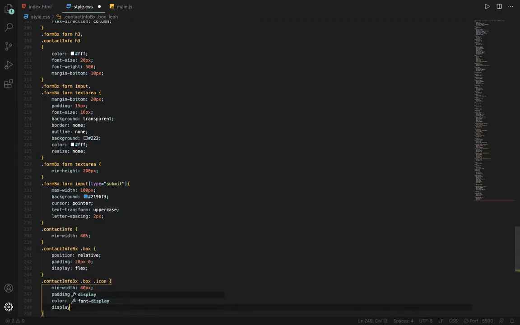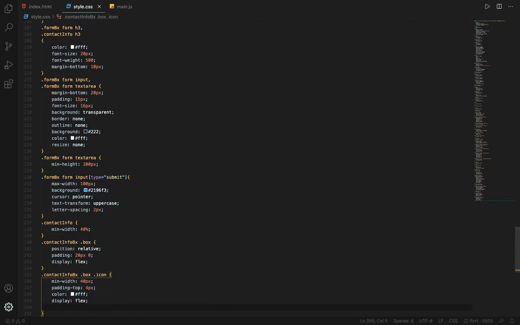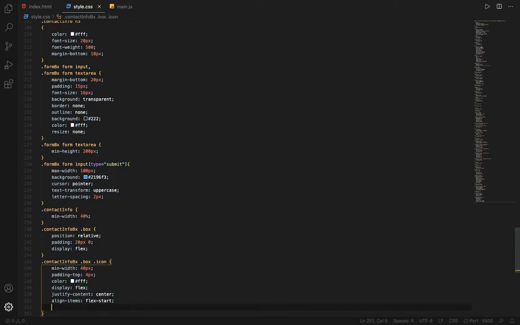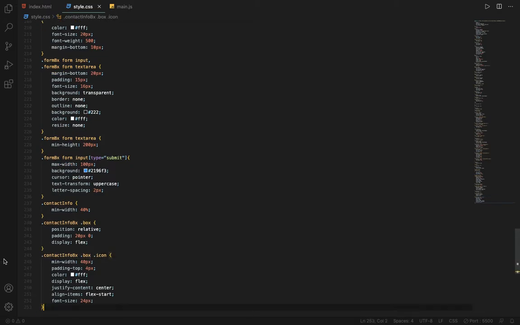Then I will change its display to flex, and I will also say justify-content center and align-items flex-start. So justify-content center and align-items of flex-start. And finally, what I will do is change the font size to 24 pixels. And now after doing this, let me copy this, and inside this